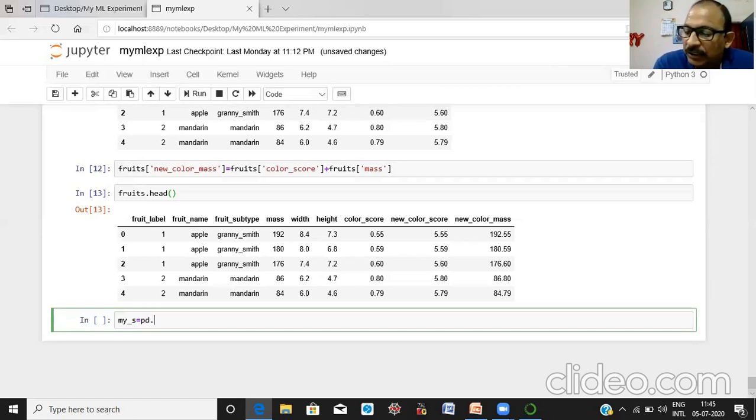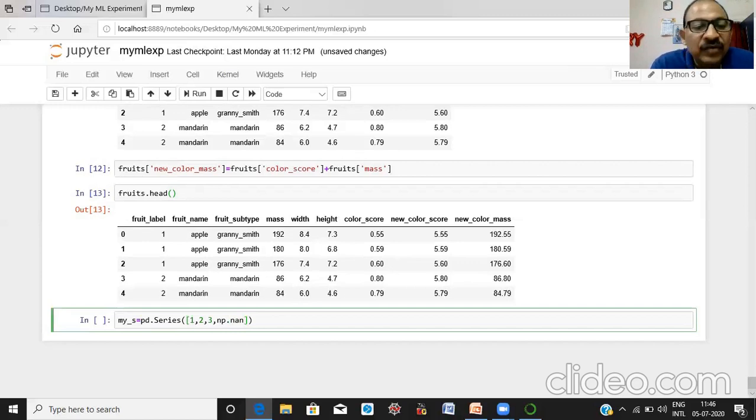Let us see how we will create a series. pd is the pandas object, and the name is series. The elements of this series are 1, 2, 3, and you can see no values, the blank.